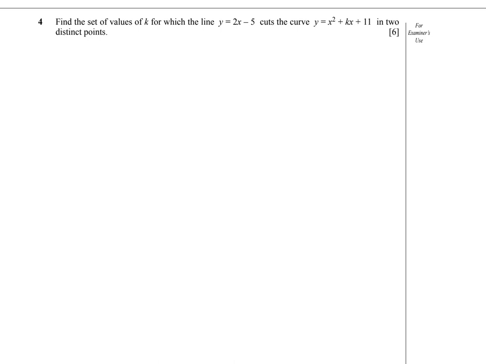Question 4. This question is from topic quadratic equations. Here in this question we have a straight line whose equation is given as y equals 2x minus 5, and we have a quadratic curve whose equation is given as y equals x squared plus kx plus 11, where k is an unknown constant. They have asked us to find the values of k if the straight line cuts the curve in two distinct